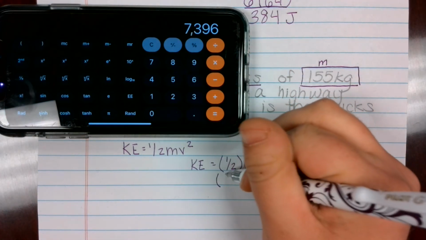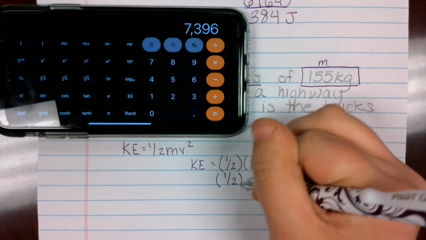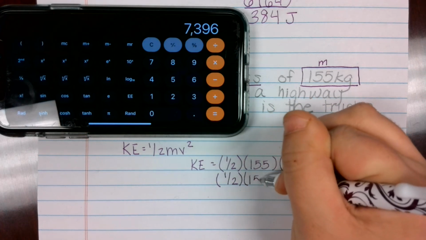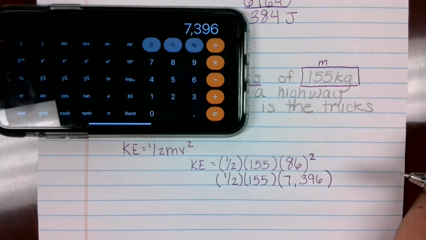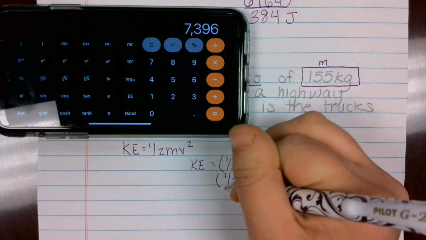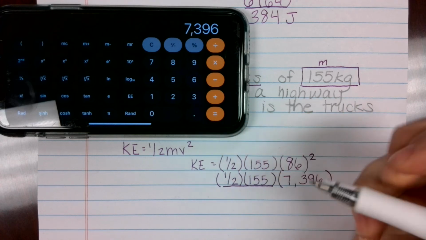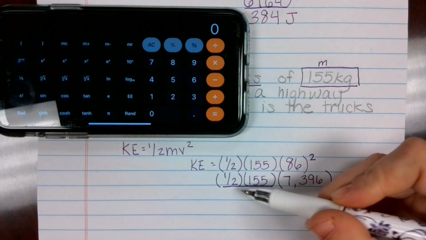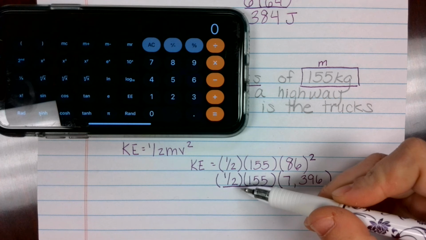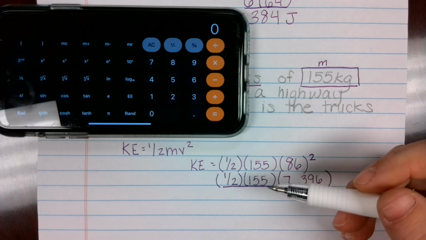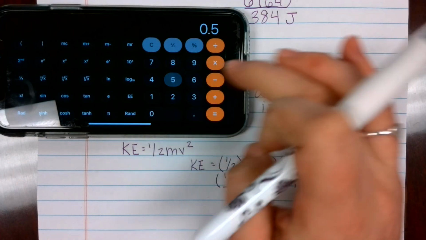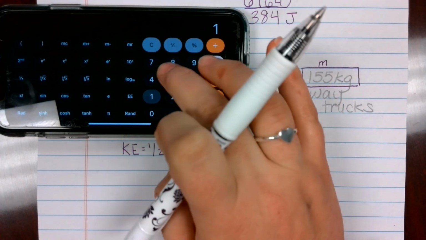So again, I have 1/2 times 155 times 7,396. Now, I'm going to do my 1/2. Do you remember what 1/2 is in the calculator? If you said 0.5, you'd be correct. So 0.5 times 155,